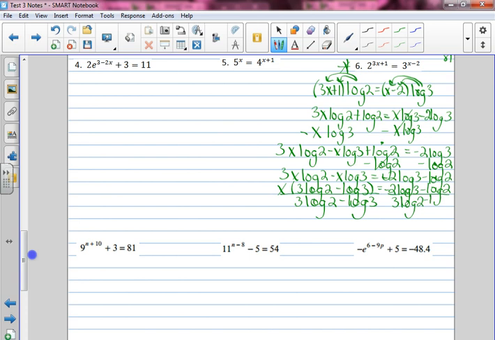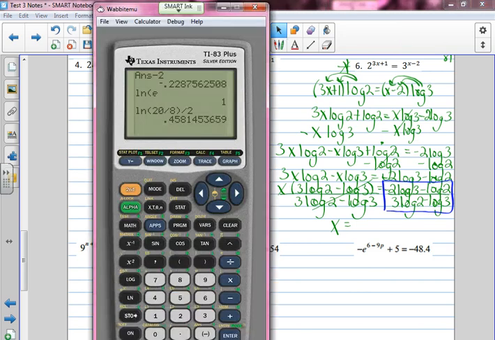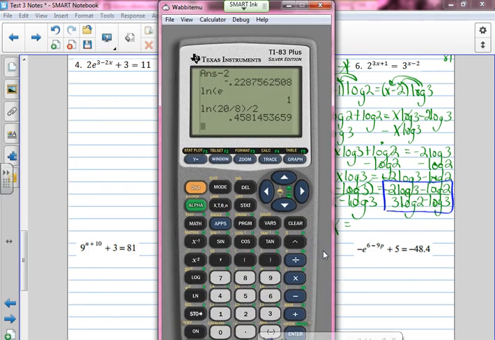Now, I will expect you to do problems that are this difficult. Yes, they are hard, but you can do that. So I need to plug it in my calculator now. I am plugging what is in the blue box in the calculator. And I want you to watch how I do it, because if you type it wrong, then you will get the answer wrong. So I'm going to type negative 2 log 3